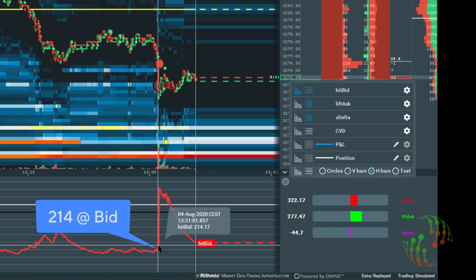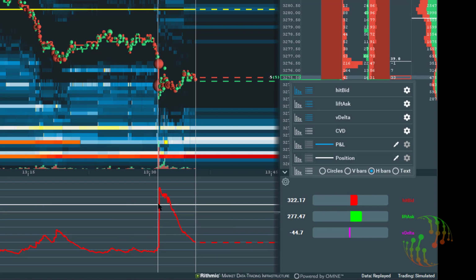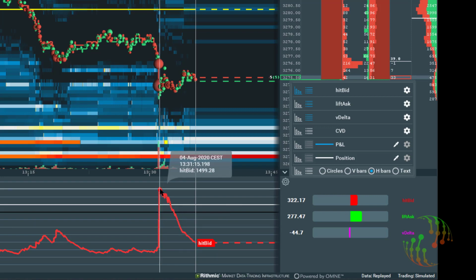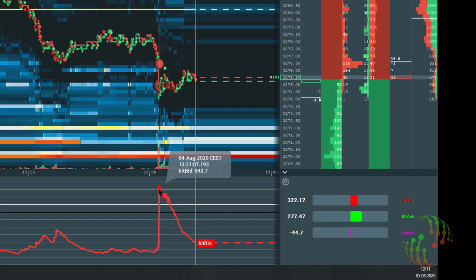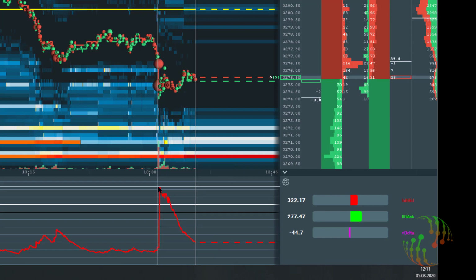A level indicates at the start or beginning of the stop run volume of around 214. Let's take this number, 214. That was the start of the stop run, and let's go to the top of the hit bid indicator. You see and you can read the volume traded along this line, along the stop run, was 1,499. Excuse me, at the top you can measure the volume. It's a little bit hard to catch the top here. It's around